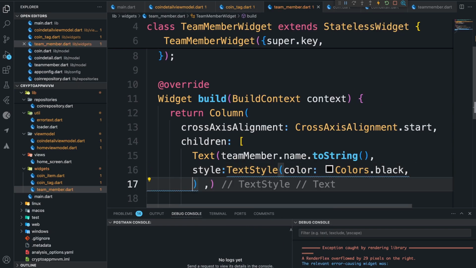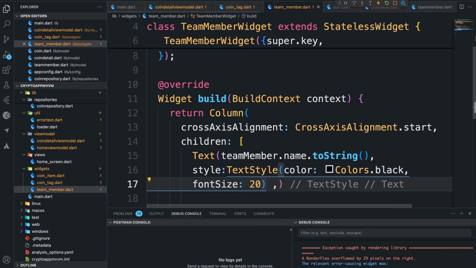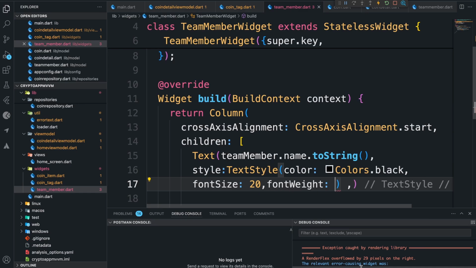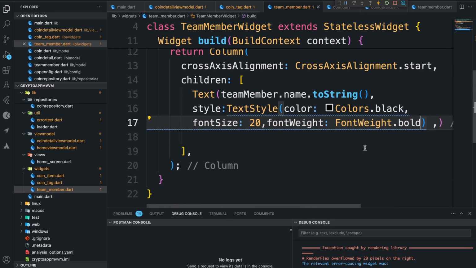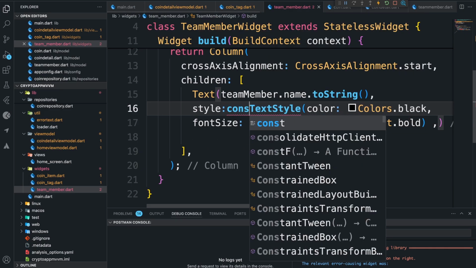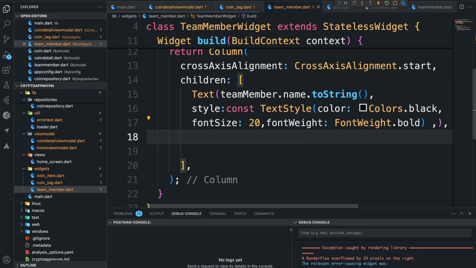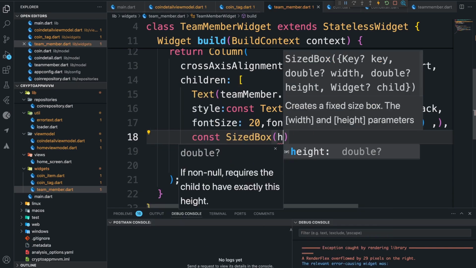Then font size is 20, and then font weight, and then font weight about like this. Okay, we are just going to separate it with a SizedBox. SizedBox, we give it a height of